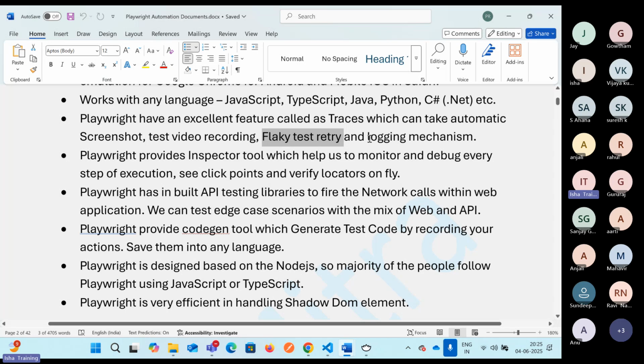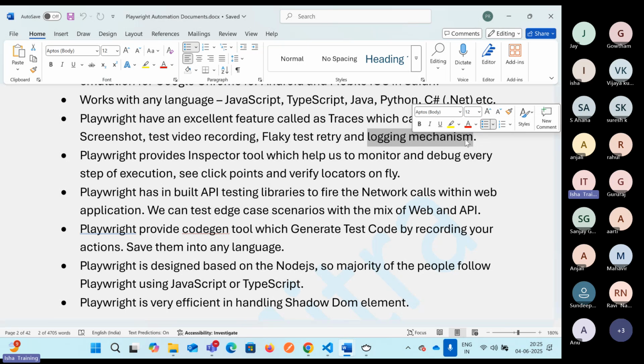And the other thing that I was talking about is the logging mechanism. Playwright automatically generates the log file as well. I'll show you after running one particular test case how Playwright helps us in generation of a log file. The complete log file, whatever step-by-step process it has gone through,